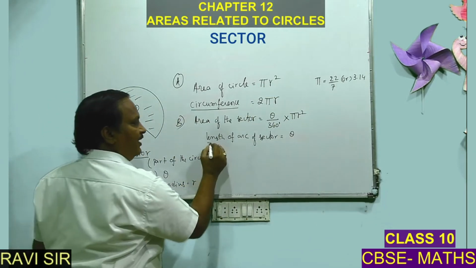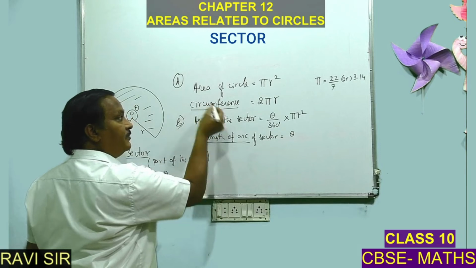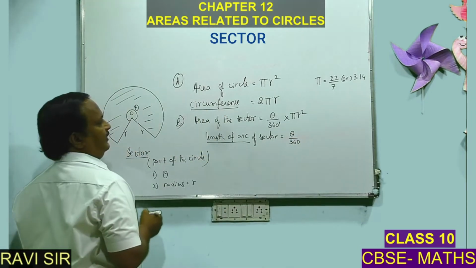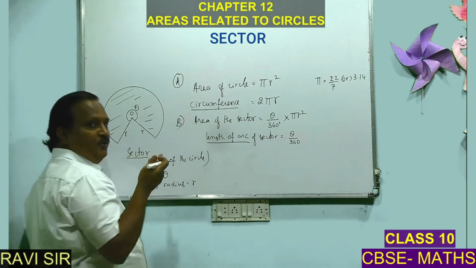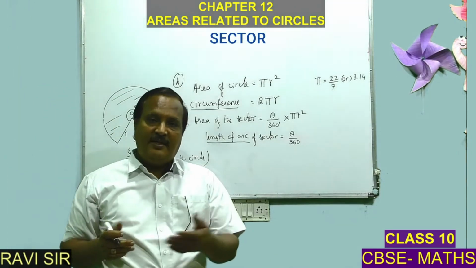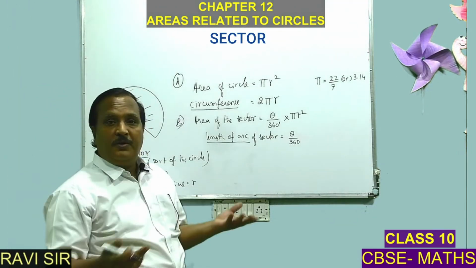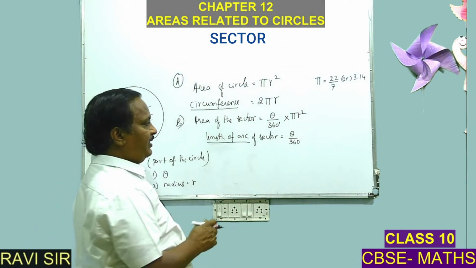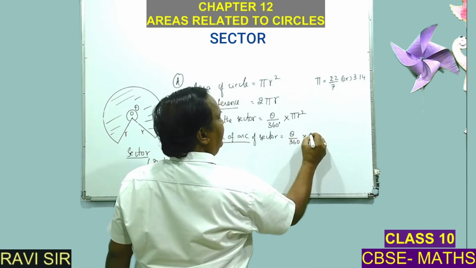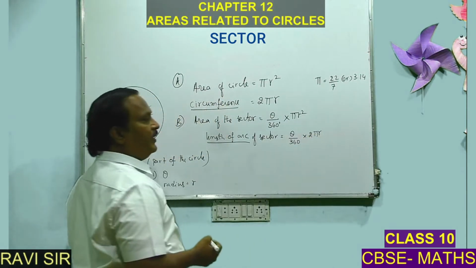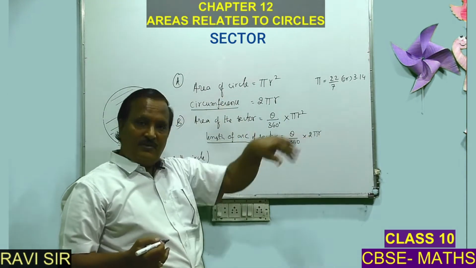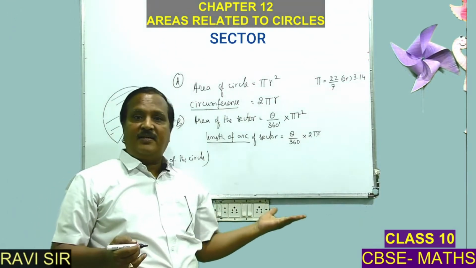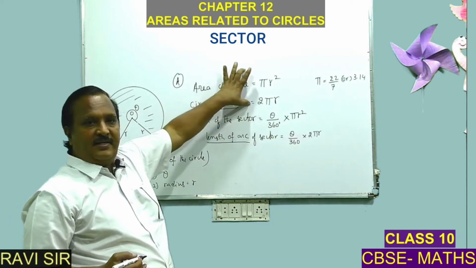Because when we are talking about the arc, we have to talk about the circumference. So, it is theta by 360 is the part. You must have learned in theorems also, right. How do you measure the arc? Arc is measured with the angles, okay, of 2 pi r. 2 pi r is the circumference of the circle, the whole circle. That is why this chapter is named as areas related to the circle. The origin of this chapter is only circle.